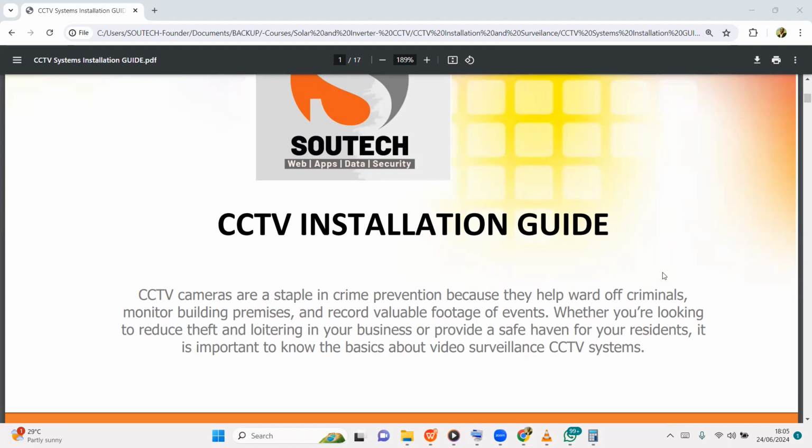In any circumstance where you have power, it makes a whole lot of sense to implement a CCTV system, because it helps us understand what is happening, helps us prevent crime, ward off criminals, and monitor our building. It can also help us record footage of events. So this guide is going to help you know all of the fundamentals on how to set up a CCTV